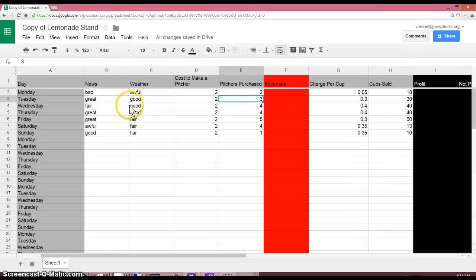I've gone ahead and filled in just 1 week of information here to show you what you're going to need to do to figure out the functions, the computations in the highlighted columns. So your expenses, the money you spent to make money, is going to be the cost of the pitcher and the number of pitchers purchased. We're going to need to multiply this. Now you don't need to go through the calculator and do it manually or in your head. I know you could do this most math in your head, but if you do that I will be